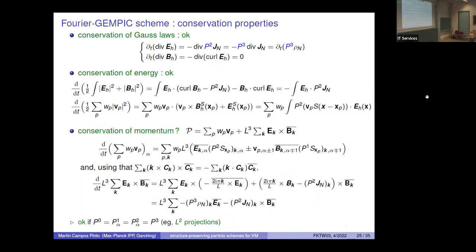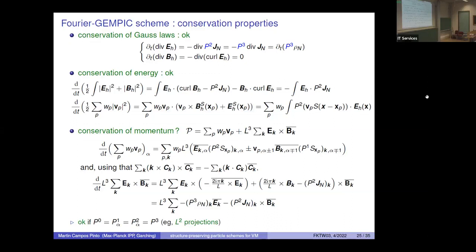But you can already verify, check by hand that the Gauss laws, which are Casimirs of the Poisson bracket, are preserved with this scheme. The energy is also preserved. The momentum, in general, is not preserved by this approach. Here I write the discrete momentum. And if you do the computations, you will see that the momentum is preserved if the projections are the same